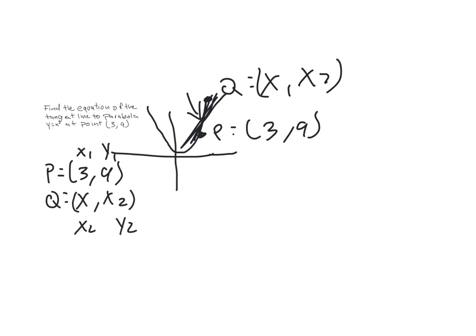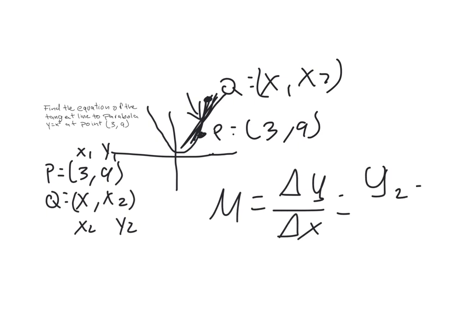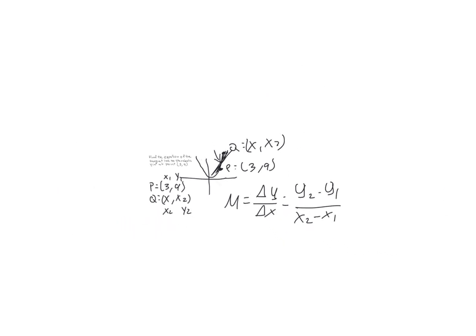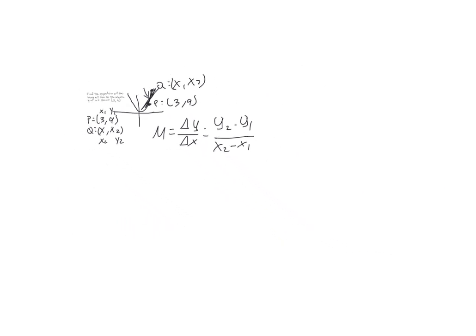So what is slope? The slope is the change in y over the change in x. And what are my y's and x's? So the slope, like I said, is m equals delta y over delta x, which equals y2 minus y1 over x2 minus x1, which comes out to being